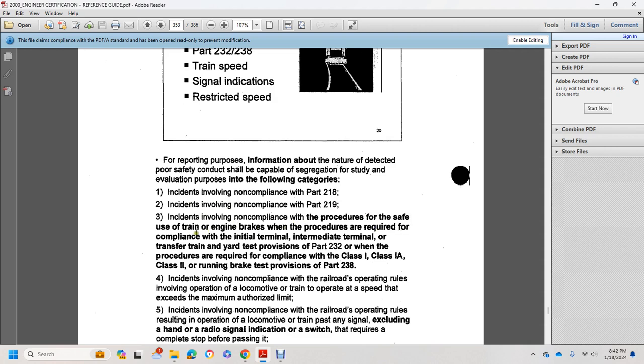with the procedures required for compliance with the initial terminal, intermediate terminal, and transfer train, with the R-Trans provisions of Part 232, and the procedures required for compliance with Class 1, 1A, and Class 2 running brake test provisions, Part 238. Incidents involved with non-compliance with the railroad operating rule